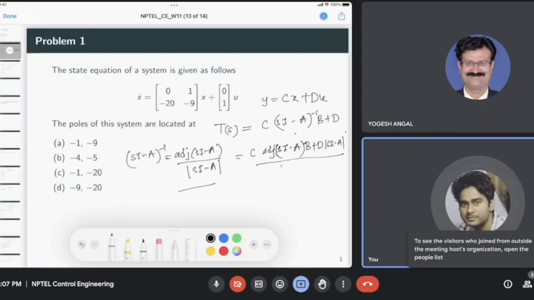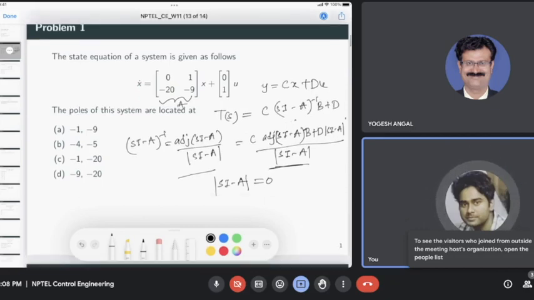We see that in the denominator we have the determinant term, and if we equate the denominator of the transfer function to 0, then we obtain the poles of the system. In this case it is just the determinant of sI minus A, which also gives the eigenvalues of the A matrix. These are the same as the system poles if we transform into the transfer function representation. So for this case,